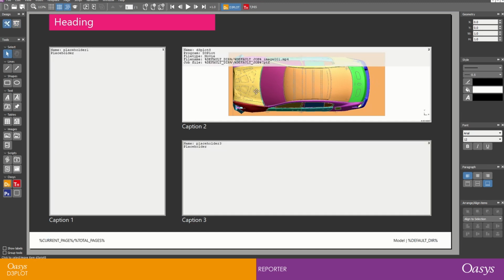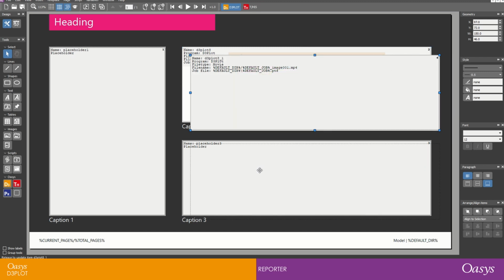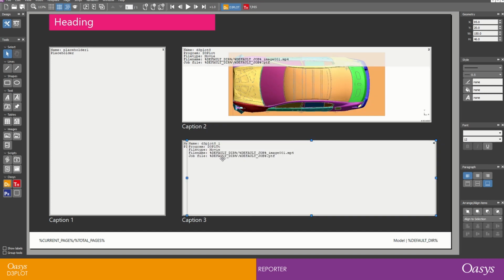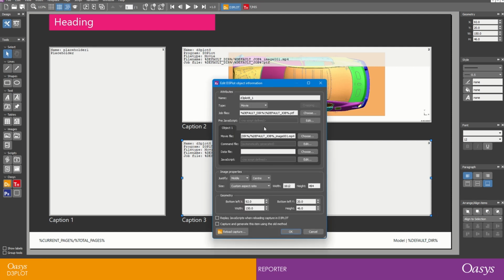I'm now just going to show you a few extra tricks of capturing images using Reporter items. So I'm going to copy this animation item by clicking on it and doing Control-C, Control-V, and then placing this over the placeholder here. I'm going to delete the placeholder behind and move that into place. And then double clicking on it, I'm just going to increment the name, and I'm just going to call this one